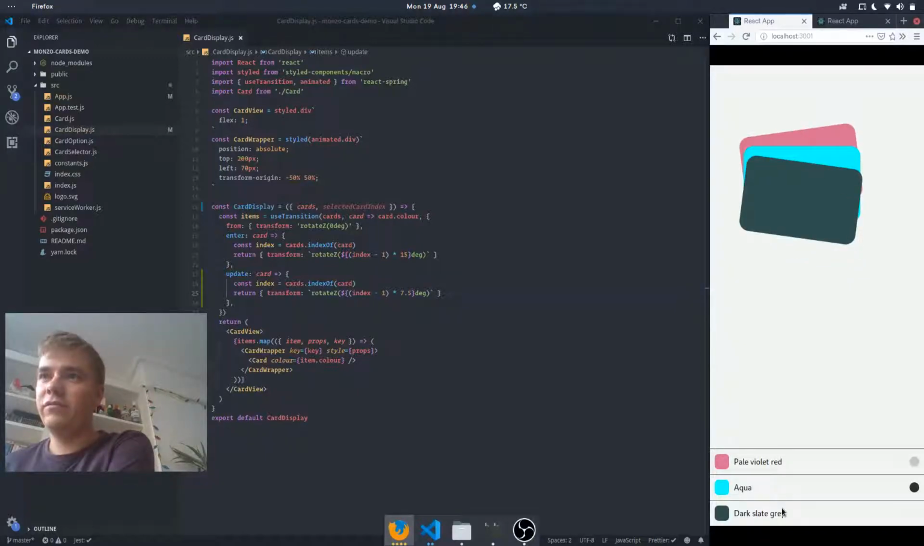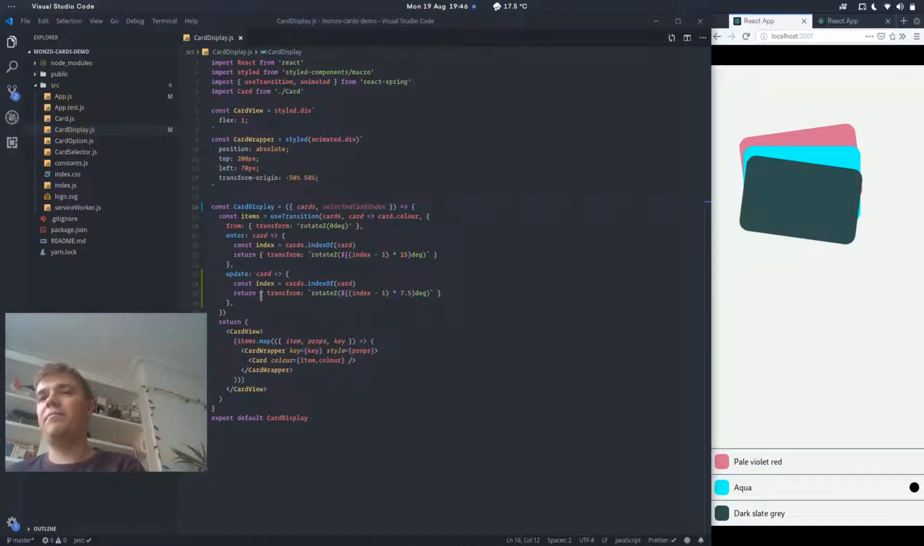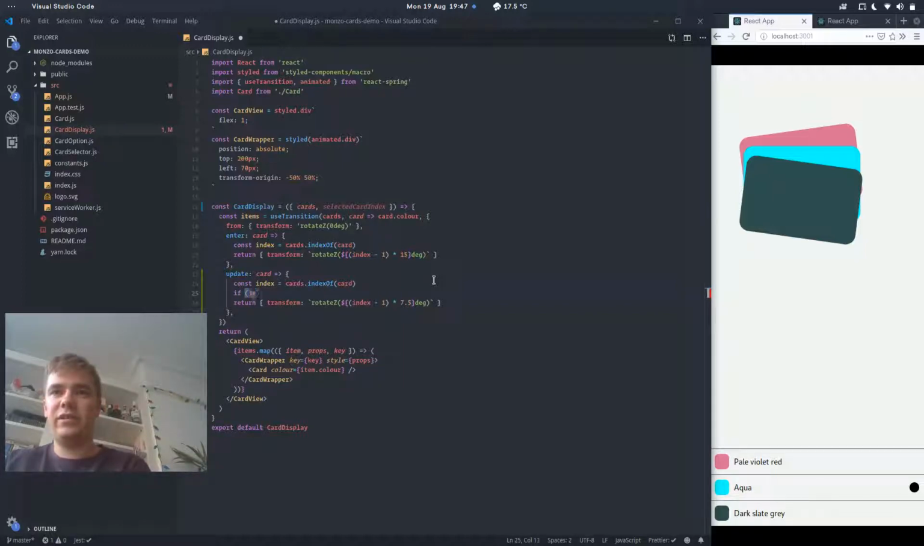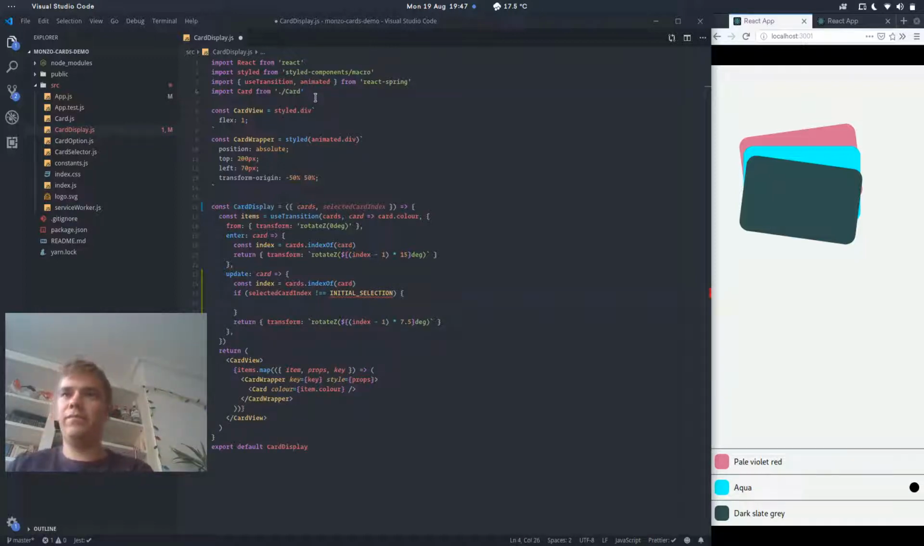So we can see that when we changed it back, when it next updated, so when this guy was next called to render, it brought everything back in. The thing that would have triggered this guy next rendering was the selected card index updating, but we can be explicit about that. So we can say if selected card index is not the initial selection, which we need to get from constants,